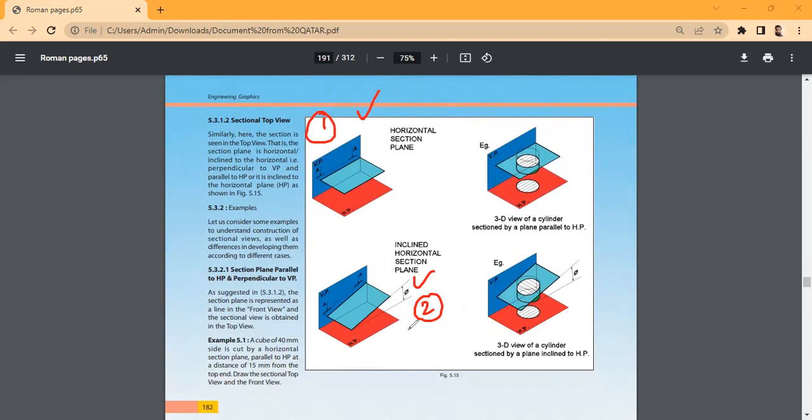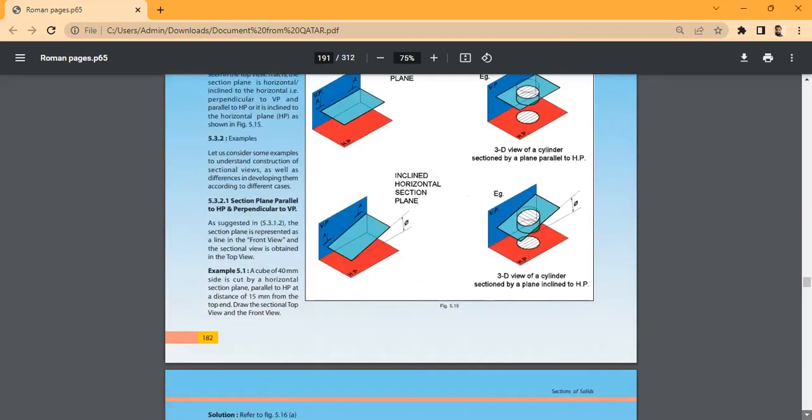It's inclined to HP and perpendicular to VP. So the cutting plane is inclined to HP, and this is perpendicular to VP. Perpendicular to VP means 90 degrees to VP. So this is another type of problem. Then next is